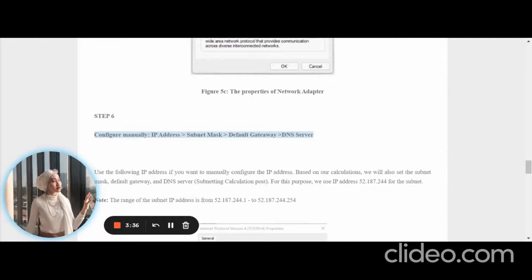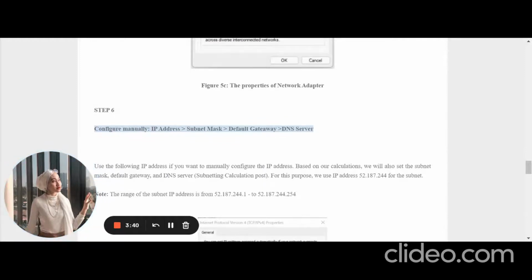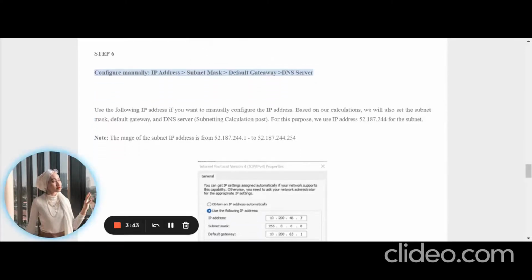Step 6 is configure manually. So IP address, and then subnet mask, and then default gateway, and then DNS server. Use the following IP address if you want to manually configure the IP address. We will set the subnet mask, default gateway, and DNS. For this purpose, we use the IP address